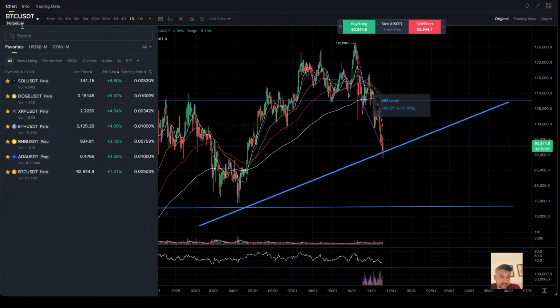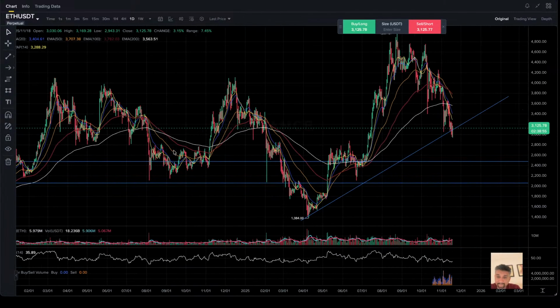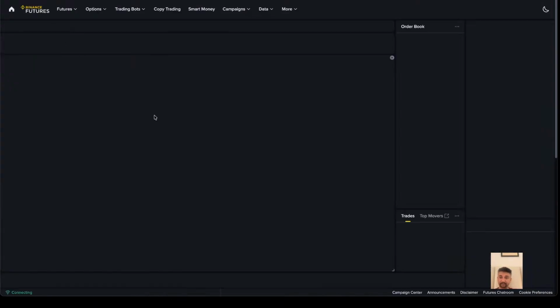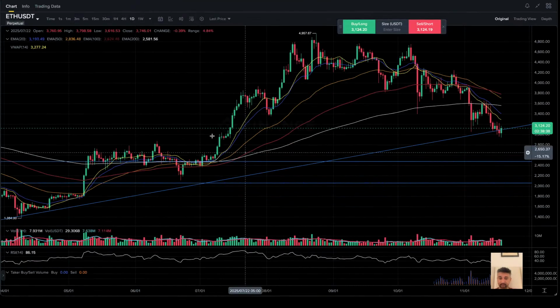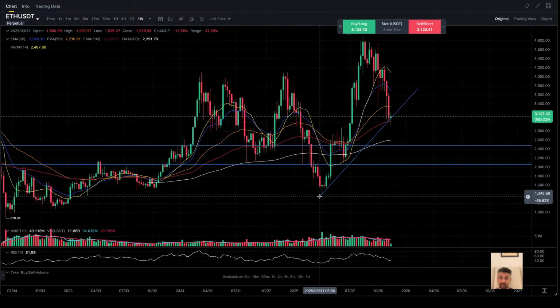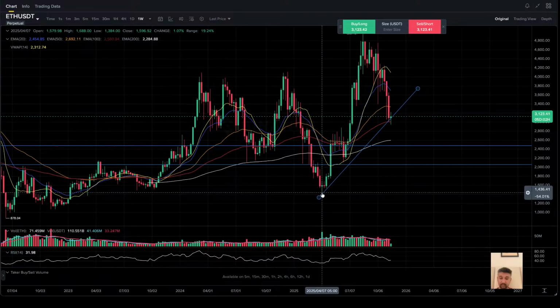So yeah, this is about it. Then I did the same exercise with Ethereum, and you see with Ethereum also, here this is where we were. This is where we were on 25th, basically 2025 of April,